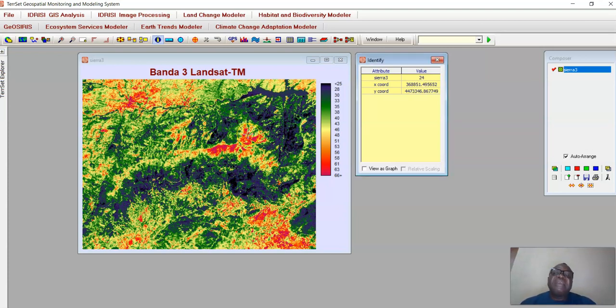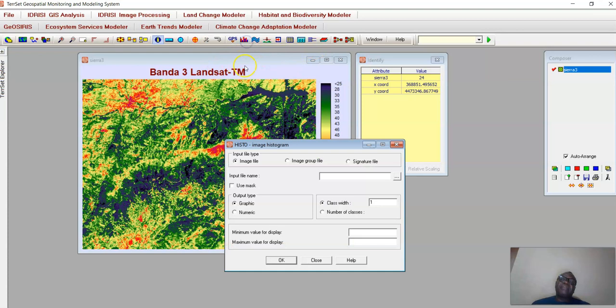So the first thing we need to do in unsupervised classification is to examine, to randomly verify, the number of natural breaks, the number of major classes that we find there. So I will go to histogram.